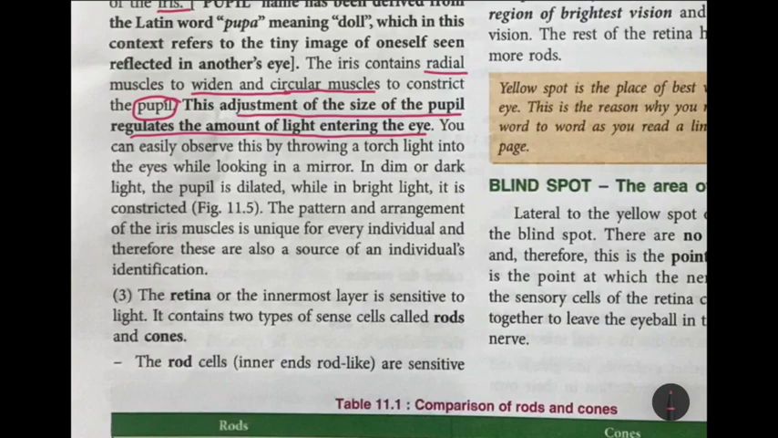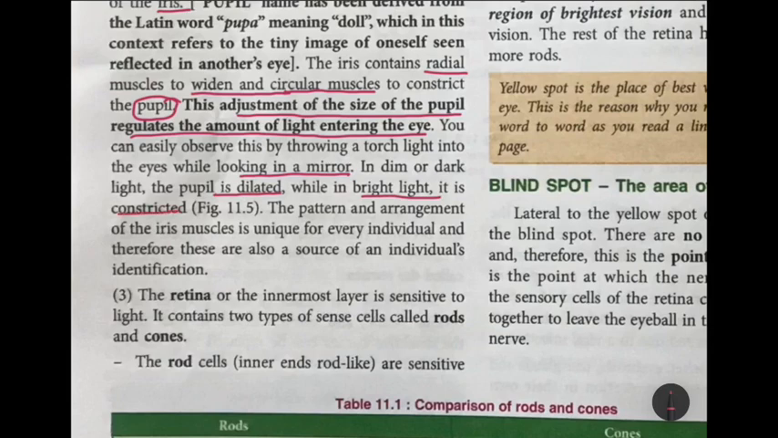Okay, so you can see this. You can try it yourself. You take a torchlight and switch it on into your eyes while looking in a mirror. In dim or dark light, the pupil is dilated, becomes bigger, while in bright light it is constricted,